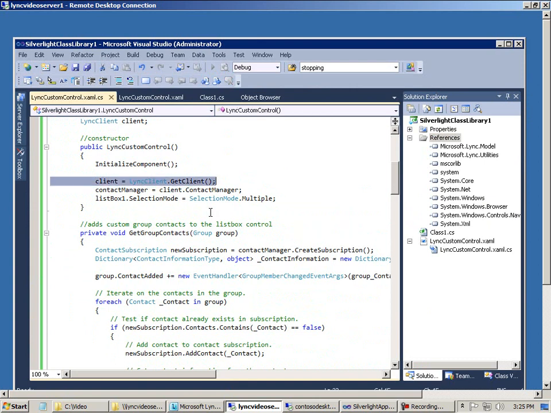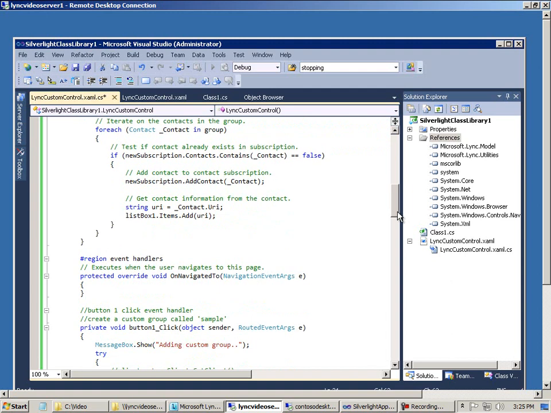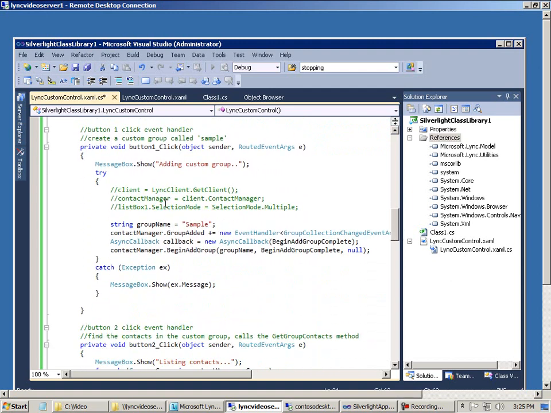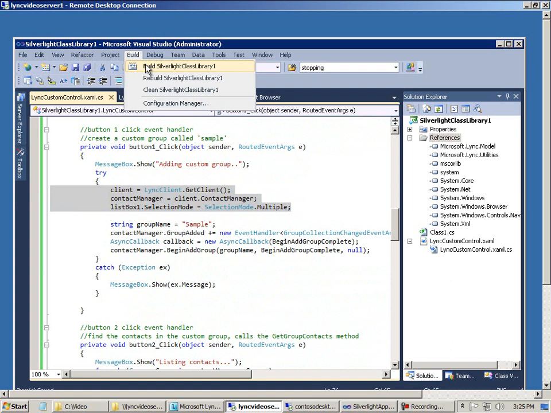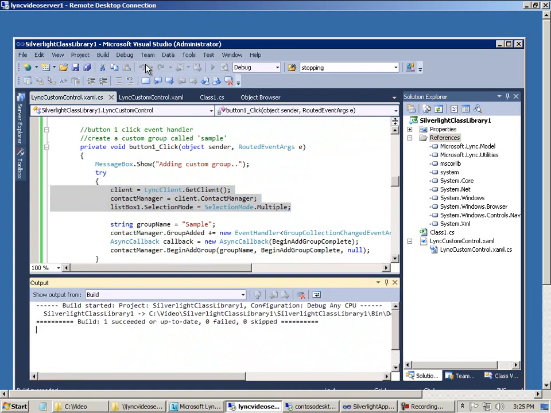And you can see here I've got 3 lines of C# code. I'm going to comment those out so they aren't there anymore. And I've got the same statements available down here in the click event for the button. I'll just uncomment them here, so in effect we just move the code out of the constructor into the click event. Rebuild,